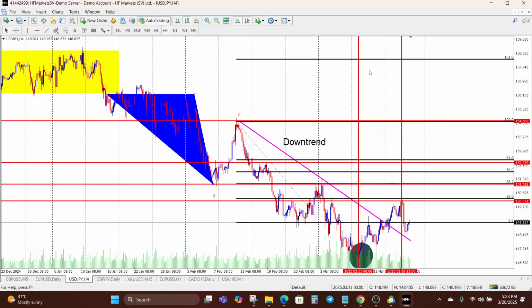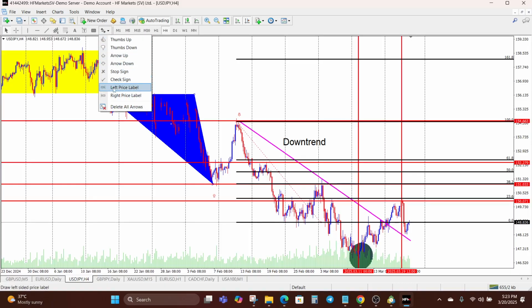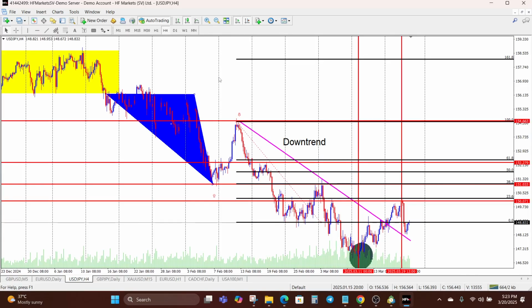So these are just some of the tools. You can see that I have not even mentioned the equidistant channel. I haven't even mentioned the left price label, right price label, and all of that. There are different tools, but I'm just covering the major ones that you might actually need. In as much as there are a lot of tools available,